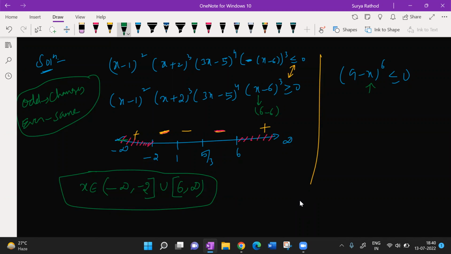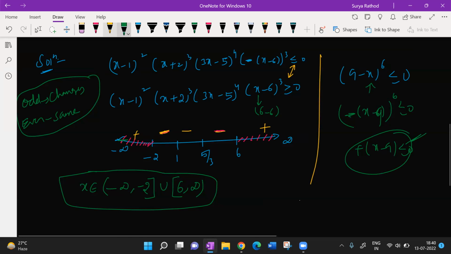First, what is my job here? To check whether the coefficient of x is positive or not. Yes, it is negative, beta. So negative means I should take x minus common. So 9 here, right? If I take common, what happens? The power is even. Minus to the power of 6 is plus or not? Plus, so there is no change in the inequality since the power is even.